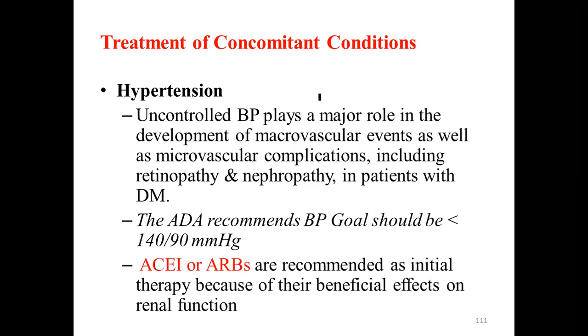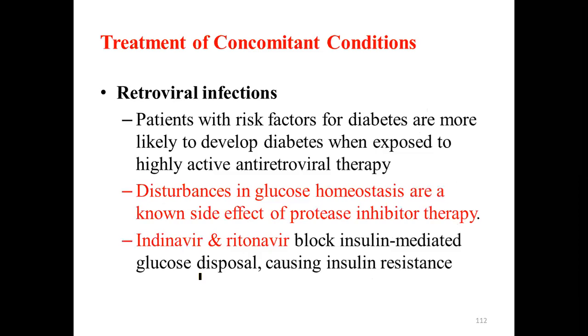Then what do we do if they have hypertension? If they have hypertension, it is good to control the BP adequately, and the drugs of choice will be ACE inhibitors and ARBs. I mentioned this: ACE inhibitors and ARBs are renal protective and prevent the progression of the disease. This will be the drug of choice even in DM plus hypertensive patients.